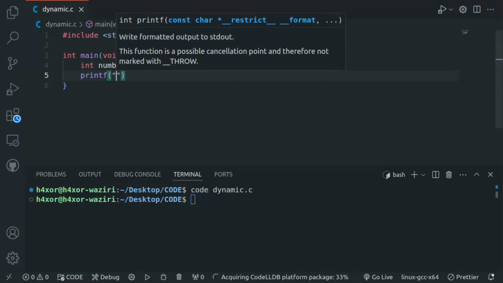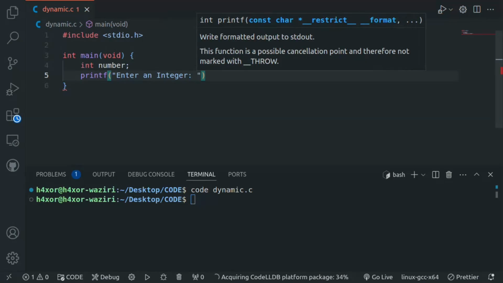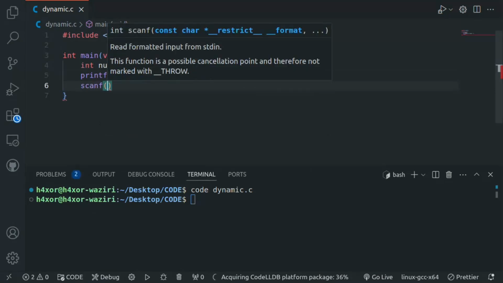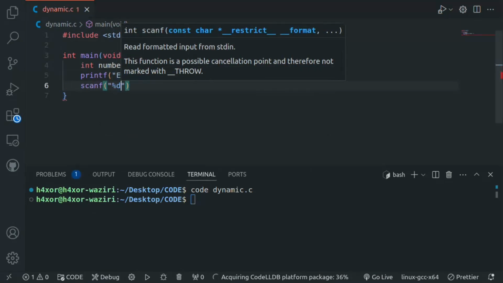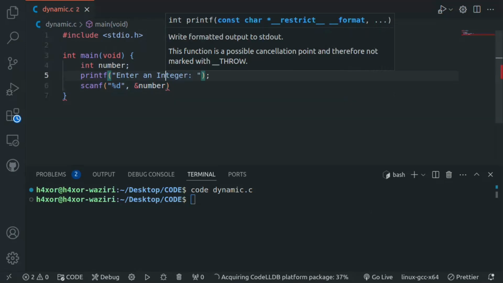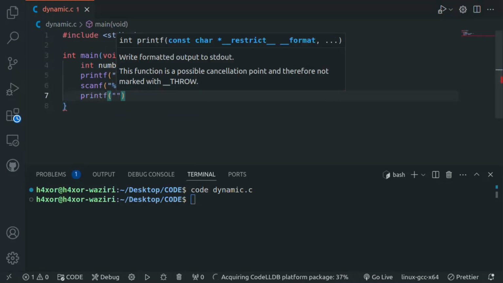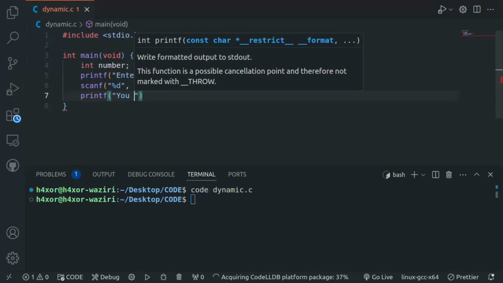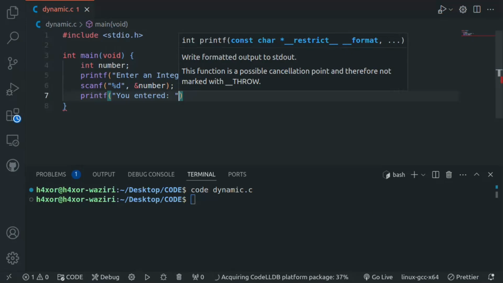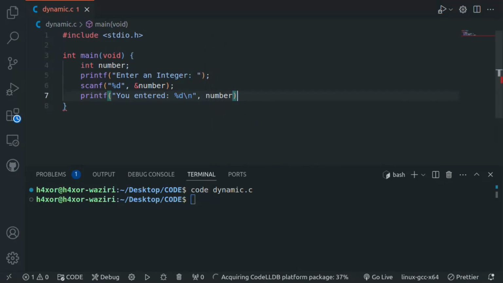printf("Enter an integer: "); then scanf("%d", &number); then printf("You entered: %d\n", number);